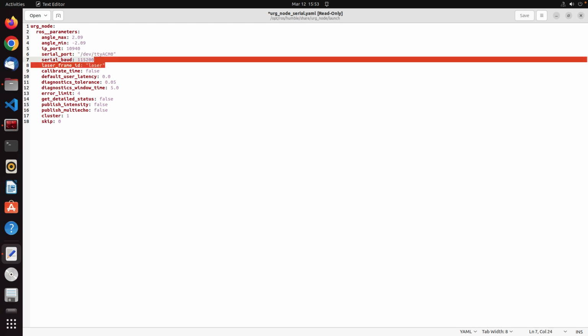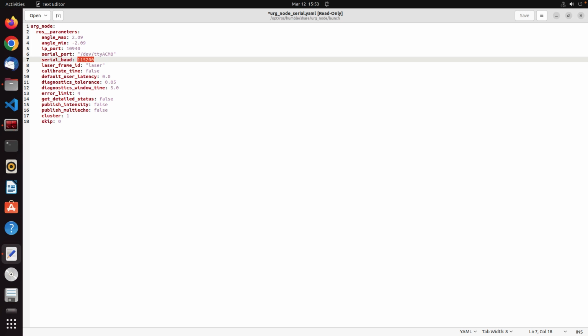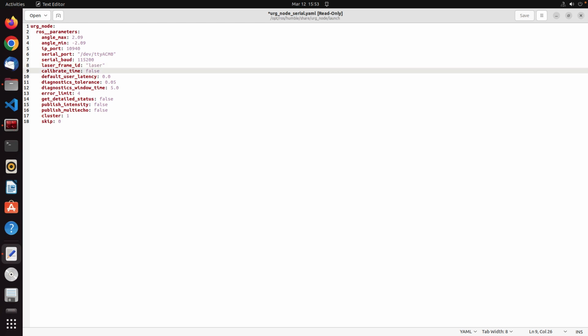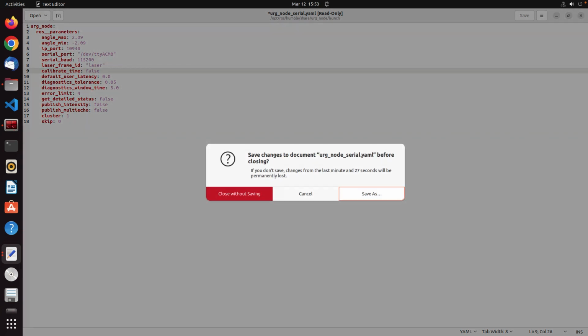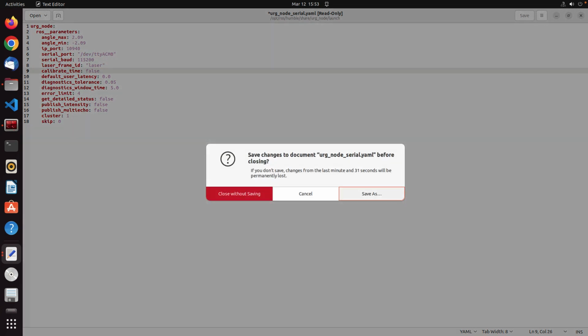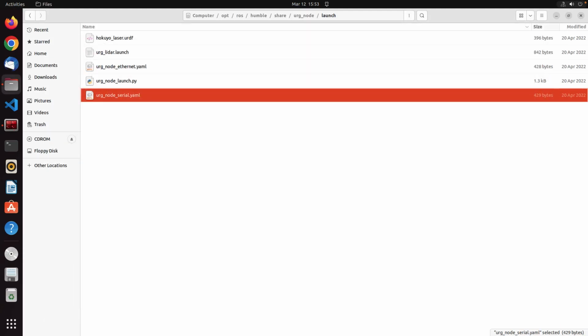It's how many bits per second will be exchanged through the serial port. This is the default laser frame, which is laser. It's usually laser in ROS, unless it was changed. The calibrated time. These are the most important parameters. If I want to save here, it is not going to allow me to save. Why? Because this is I don't